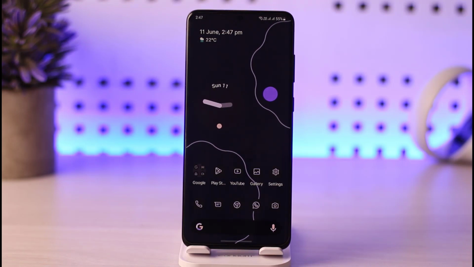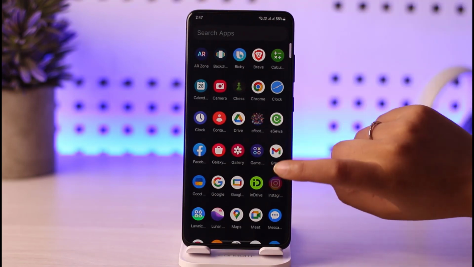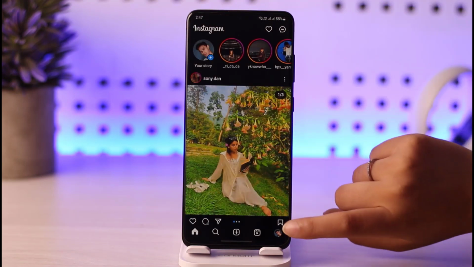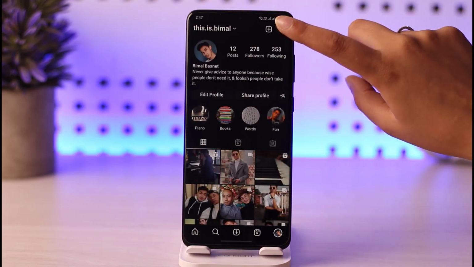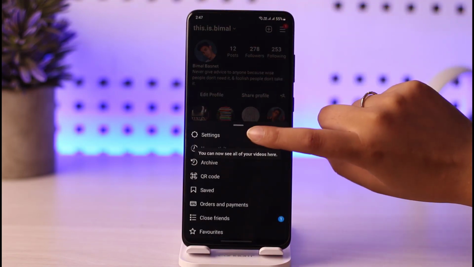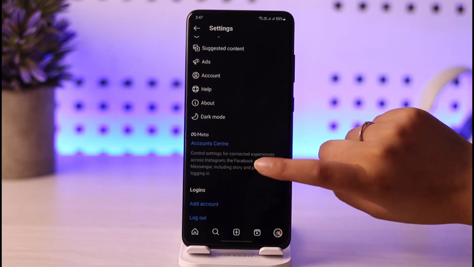Ahead and step into our video. So if you want to disconnect your Instagram from Facebook, let's go ahead and open our Instagram app. Tap on this profile icon right over here. You will go to this three horizontal line right there. Go to the settings option. Now you will scroll and find this account center, right? Go ahead, tap on that,